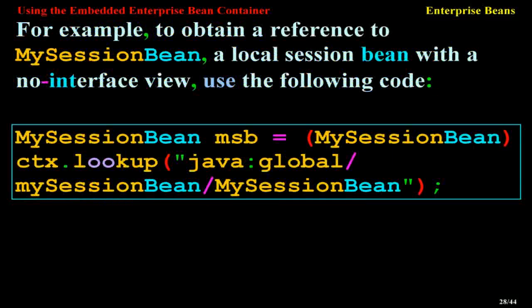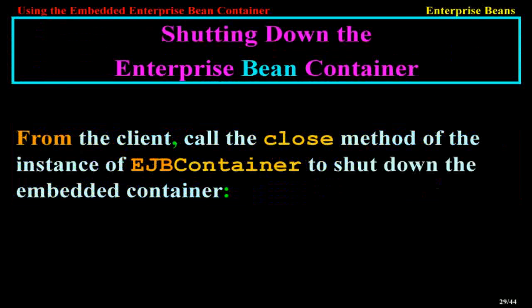References to session beans can then be obtained using the portable JNDI syntax detailed in Portable JNDI Syntax. For example, to obtain a reference to MySessionBean, a local session bean with a no-interface view, use the following code. MySessionBean msb = (MySessionBean) ctx.lookup("java:global/MySessionBean");